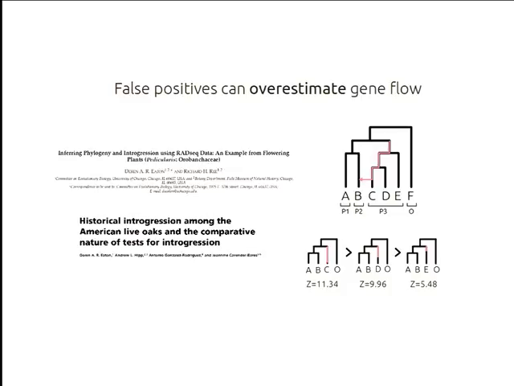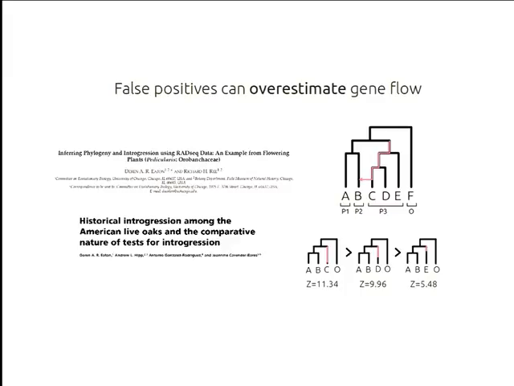And I found really quickly that you can run into some problems when you apply it to deeper evolutionary timescales. In particular, it can lead you to really overestimate the frequency at which gene flow has occurred between different species. And this arises particularly in the case when you have multiple potential species that could be the introgressive donors in a scenario of hybridization. So consider the case where taxon C has introgressed into taxon B, and taxon C is